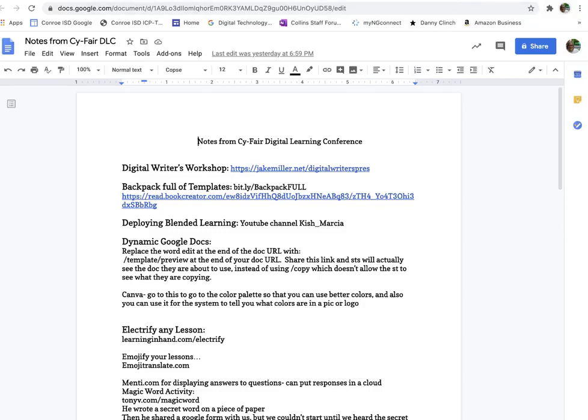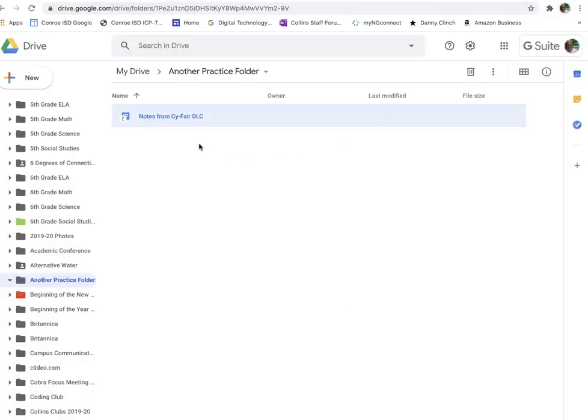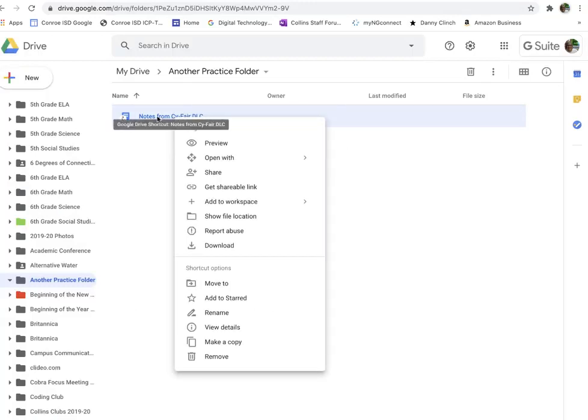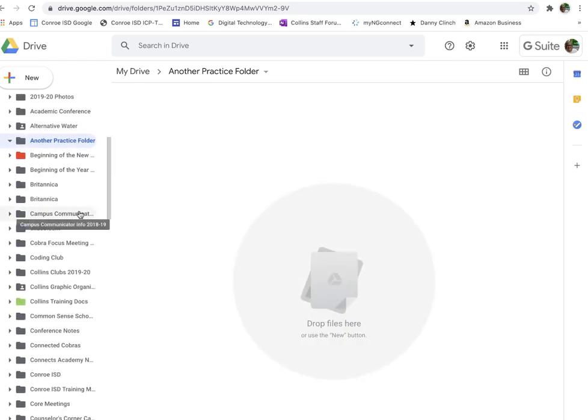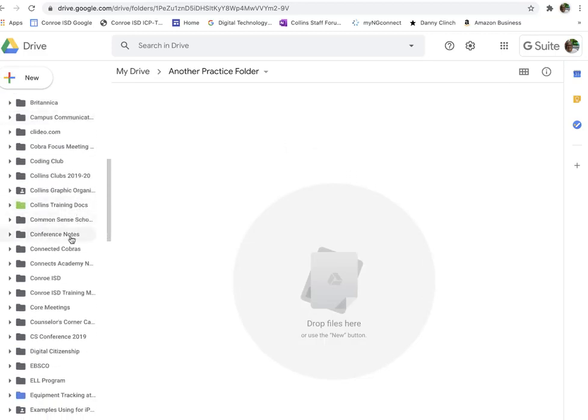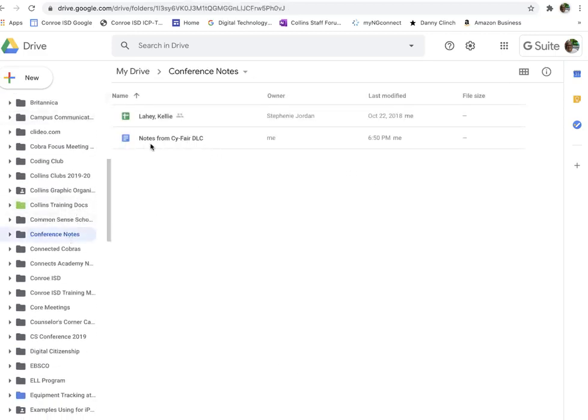That's called add a shortcut. When I delete that, when I right click and choose remove, that removes the shortcut. But when I go back to my folder called Conference Notes, the document is still there because I just removed the shortcut. I did not remove the actual document. So